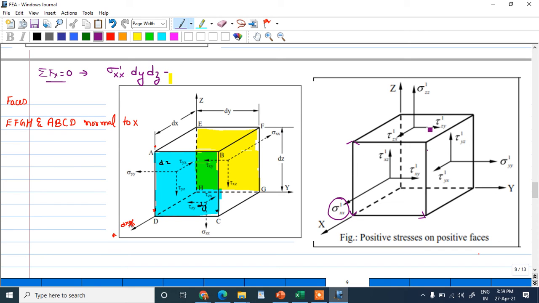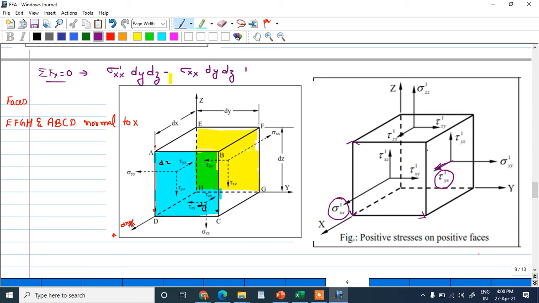Minus, consider the opposite face. Again, in that particular opposite face, you can see the first figure where the notation is given. We have a stress, that is sigma xx, in the opposite direction, and the same area you can multiply, dy dz, that is done. Again, let us check if there is any more stress acting in x direction. If you check, we have tau dash yx. So this is that particular force.